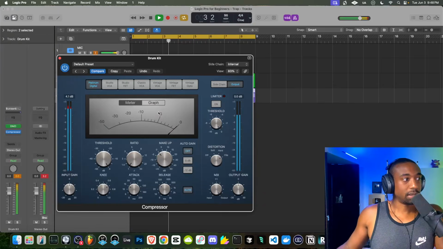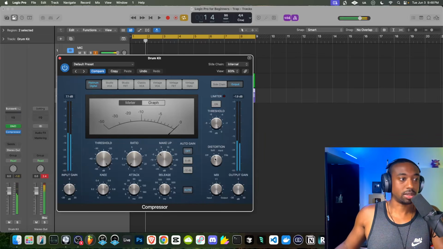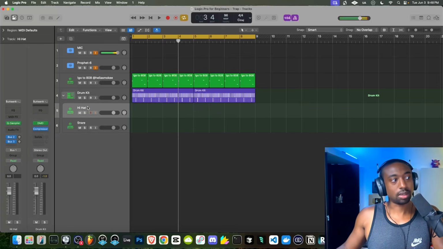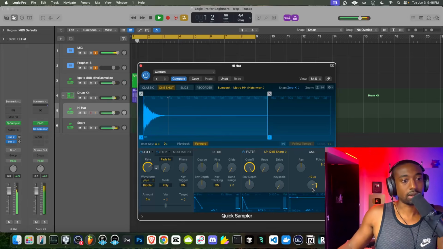So let's go back to our drum kit. See if we can push the snare. Now the hi-hats don't need more volume, but we could add a little more aggression to the snare. It's already really sound designed to be aggressive though. So now we're getting a little more scrapage out of it. But now the hi-hat's too loud. So let's go back to the drop down here, this little arrow, and you could fade it here, or I'd recommend you click on the hi-hat, go to the sampler, and turn down the volume within the sampler. So we're starting at the source.